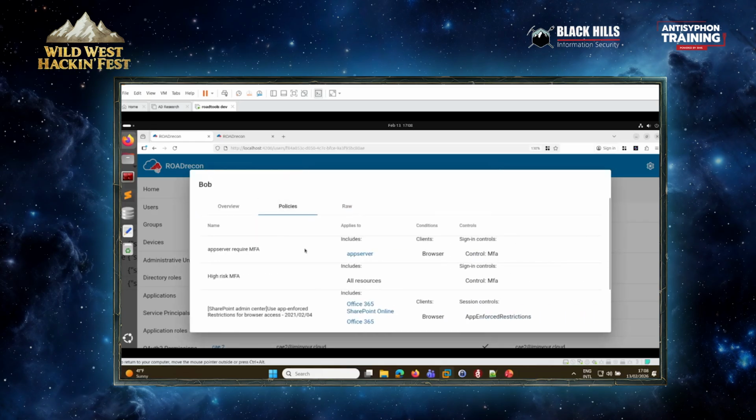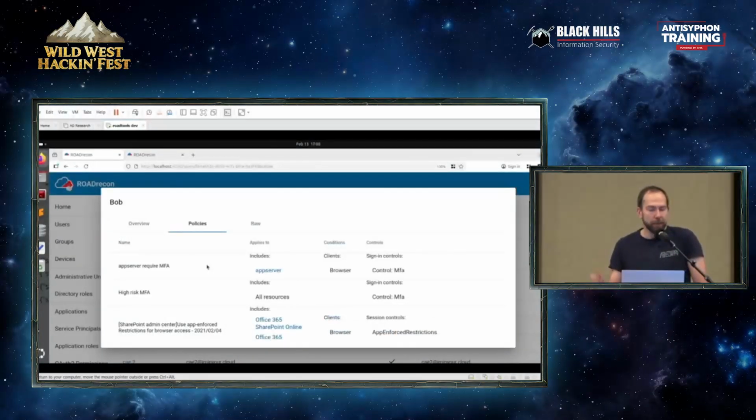So this is a new one, this tab, policies. And this basically shows you per user what policies they're subject to. One of my annoyances when I'm doing a tenant review is that you can see this whole list of policies, but which policies actually apply to this user that I'm interested in? Especially if you're looking at admins: what are the rules for that admin to sign in? Is that admin excluded from all of the policies? Is there an MFA policy?